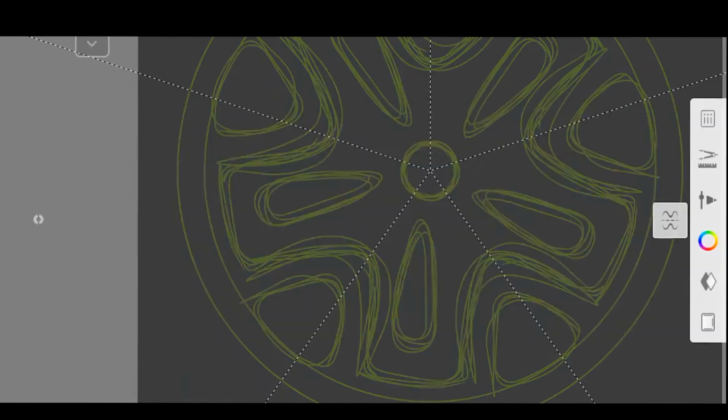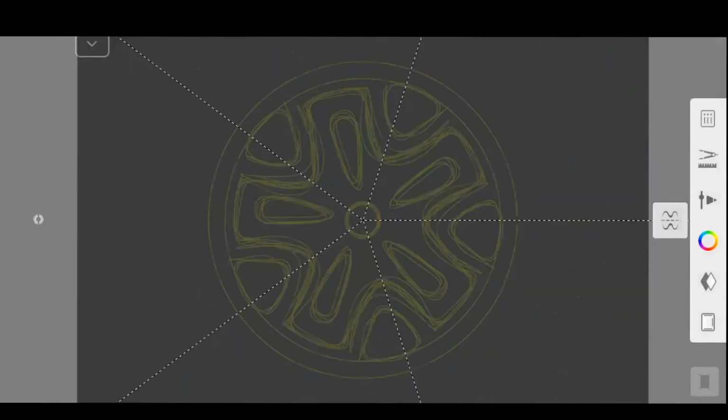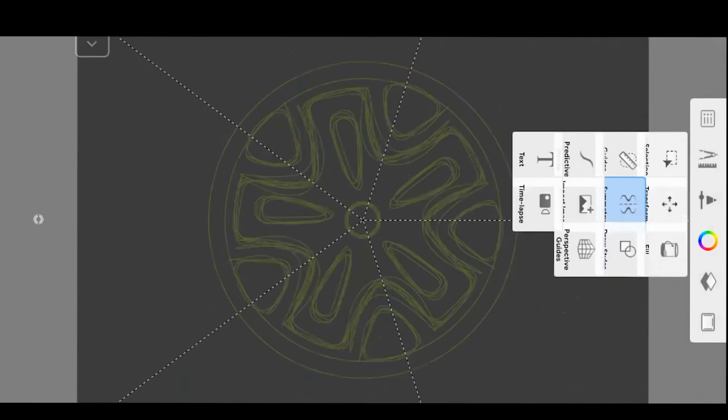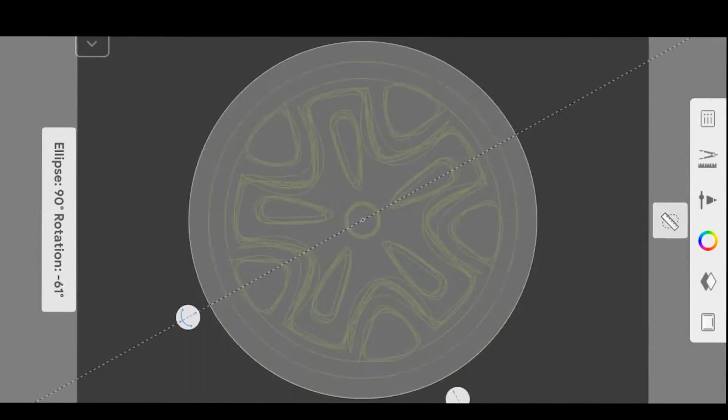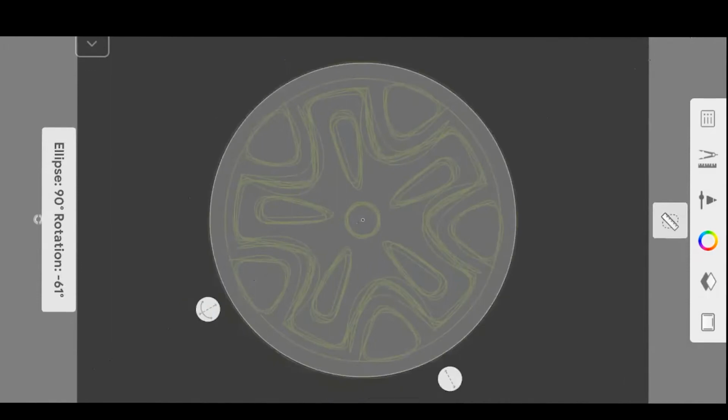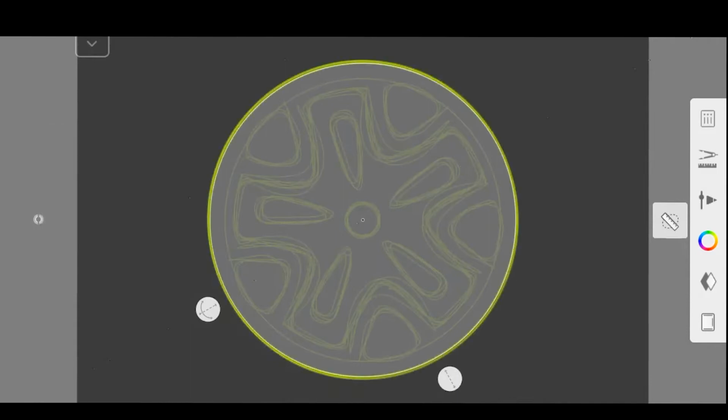Okay. So now again I will use the guide here. Before using the guide, we should turn off the symmetry, because if we use the guide on the symmetry, then it will create different ellipses all over the screen. That's why I have turned off the symmetry now. Now I will be using the guide, and I will be sketching the ellipse now with the help of the green pastel.